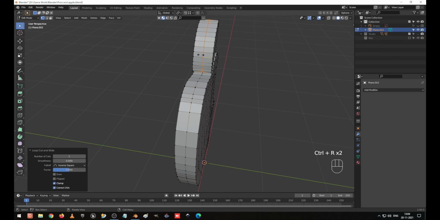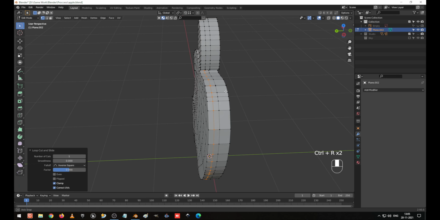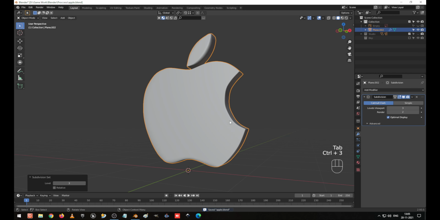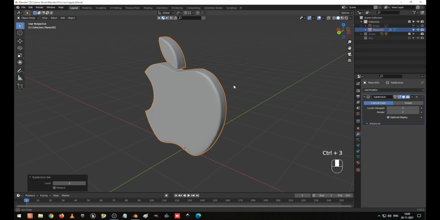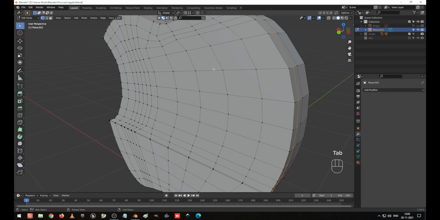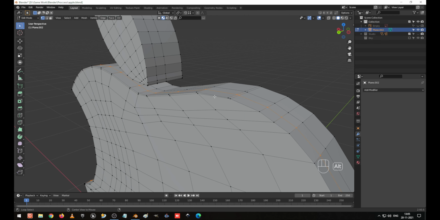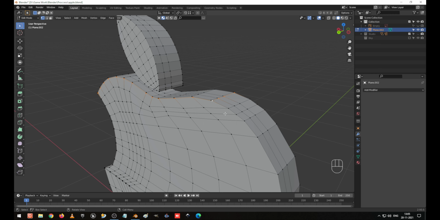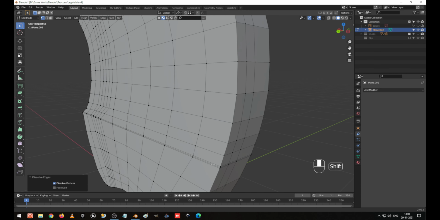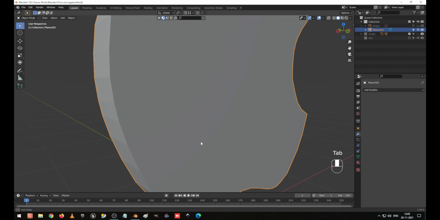one edge loop here, and here also I'm going to create one edge loop here, and here also. Okay, now we are going to unwrap this Apple logo, and I press Ctrl 3 to bevel. You can see it's beveling well, but it did not come correctly. So what shall we do is, I select this one which is not required, X to dissolve the edges. I removed that, and this one let it be, not a problem.